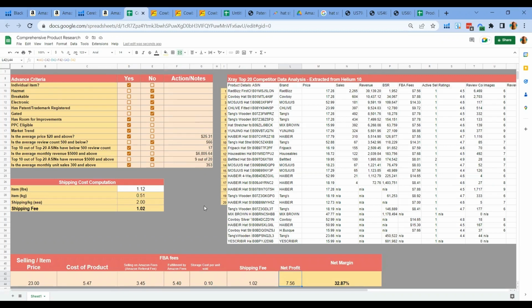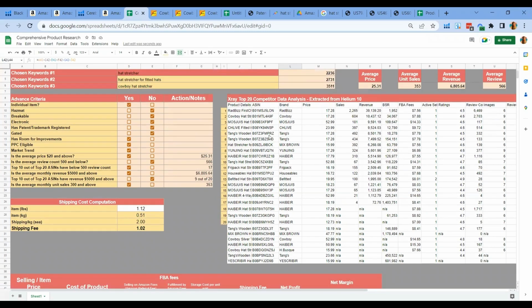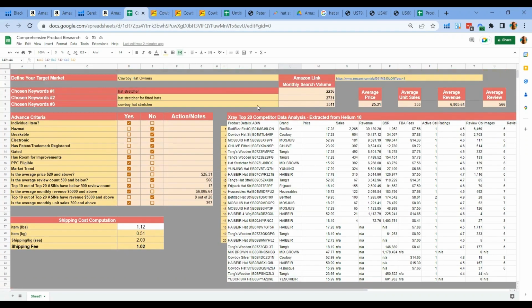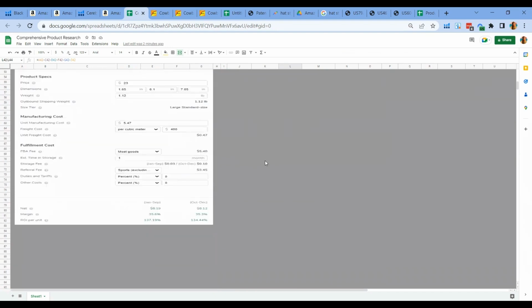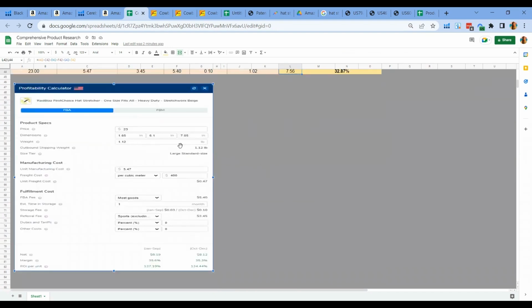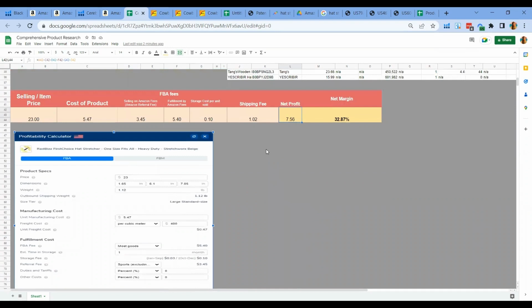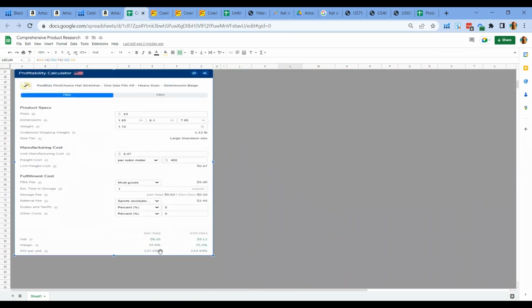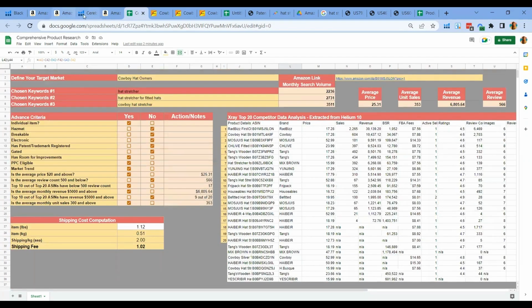So all in all, this product is really giving us all the thumbs up when it comes to defining if this product is profitable, because it already checked off all of our criteria. And in terms of the niche, there's less competition in terms of looking at the average review count as well as the amount of competitors that we have. So for the profitability calculator, we can copy and paste it here for reference as well. And as you can see, the ROI is very good. It's more than 100. And most of all, it's not electronic and it's very easy to customize.